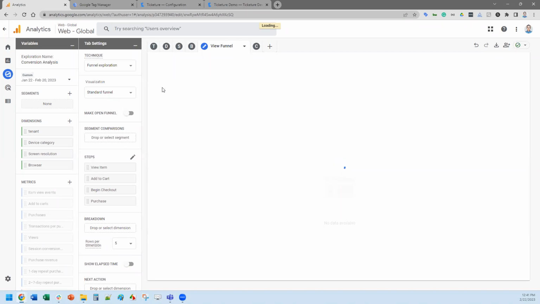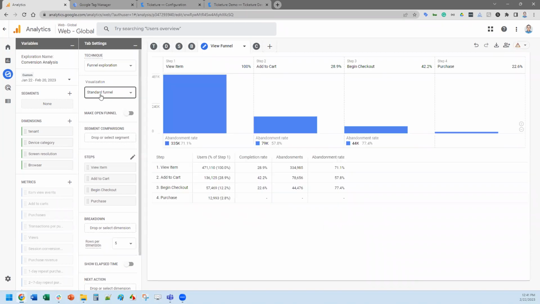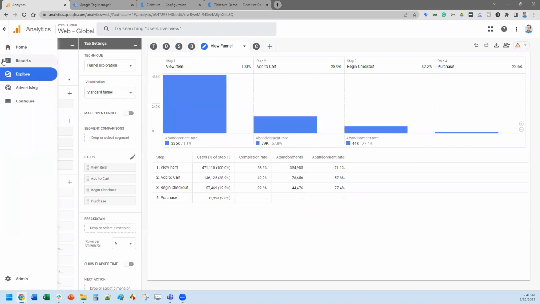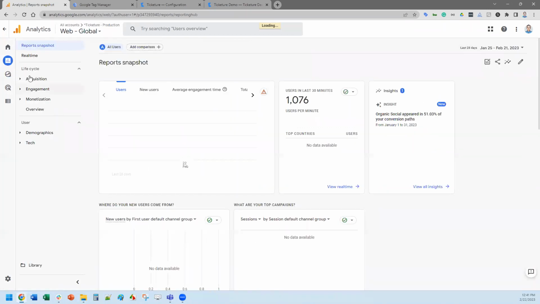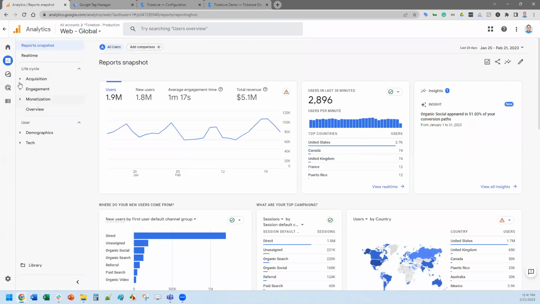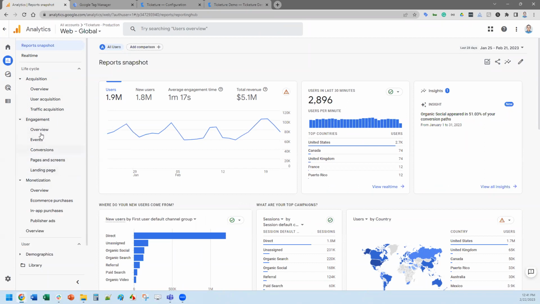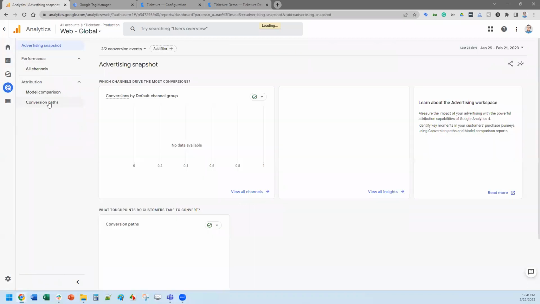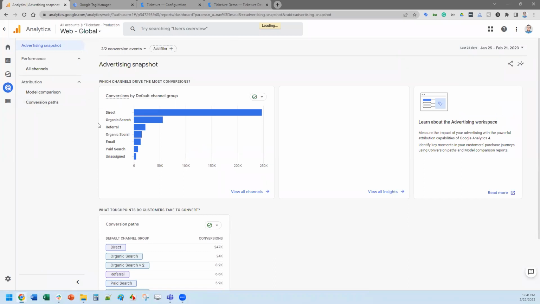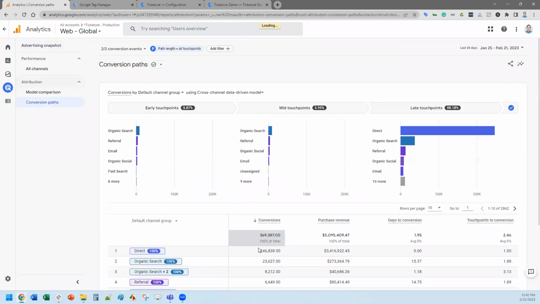Again, I didn't do a lot of work, lazy programmer. I'm just saying I want a standard funnel look across these items, looking at those touch points I showed earlier about how many times the person was touched along the way. Those are underneath the traffic acquisition or these other types of items. E-commerce purchase is one of my other favorite ones. Let me see which products are doing well and how things are rolling, which pages are being hit. All these are really awesome to play with. I'll skip a lot of these. The conversion path is what I meant by how many times people get touched along the way. So various pieces there.